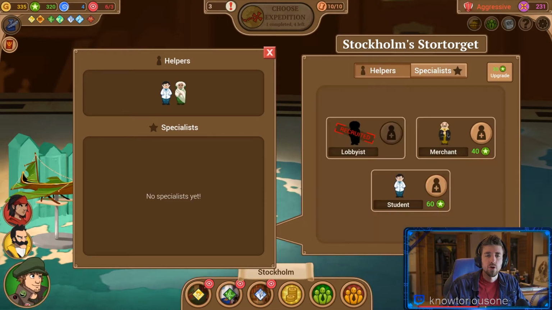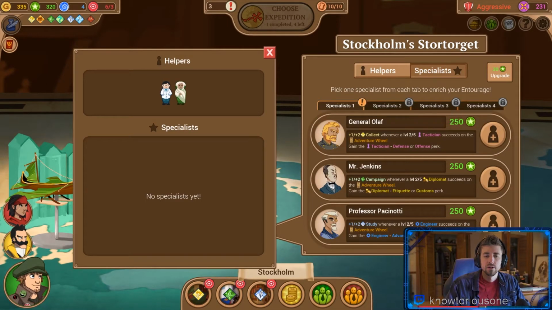Helpers and specialists. Oh, so I didn't even see. Okay, cool. Pick one specialist from each tab to enrich your entourage. General Olaf. Whenever a level 2 to 5 tactician succeeds on the adventure wheel, you get 1+2 collect. Okay, those are very specific. And then diplomat succeeds. Mr. Jenkins. Professor Pacinotti, or Pensionotti, I don't know. Level 2 to 5 engineer succeeds on...